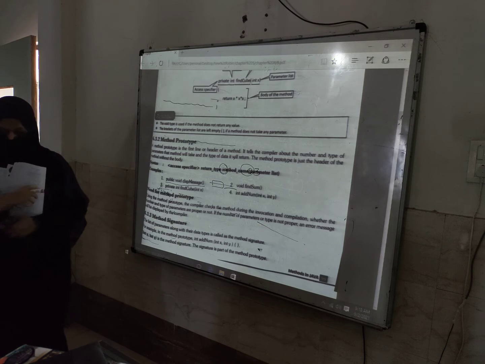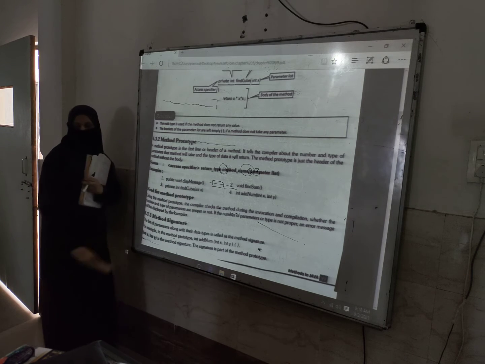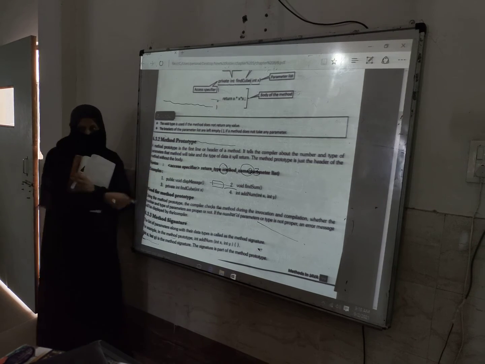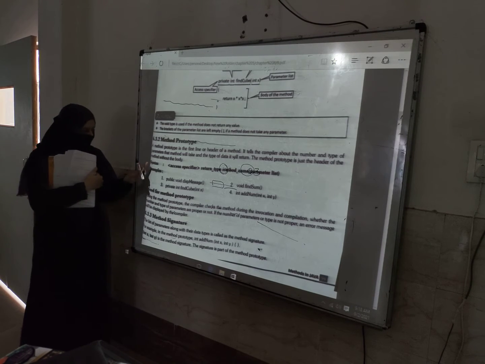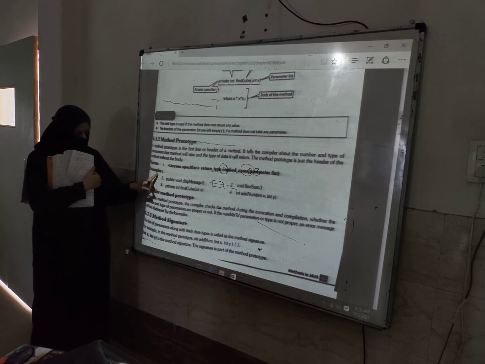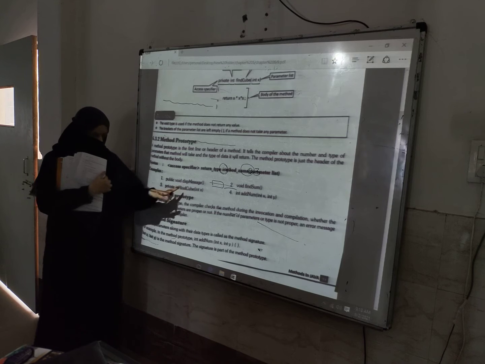Now the second is the method signature. Whenever you get a method prototype, you will write the definition and the syntax. Syntax is very important, so always remember the syntax of every topic. First you will write the syntax, then the example: public void displayMessage.